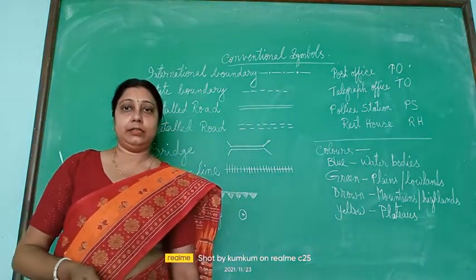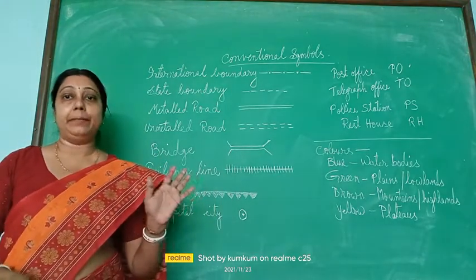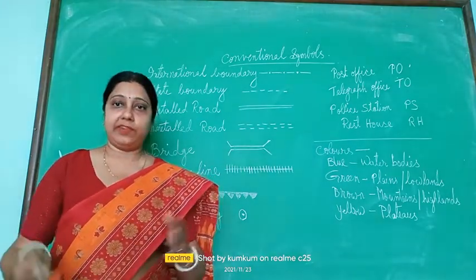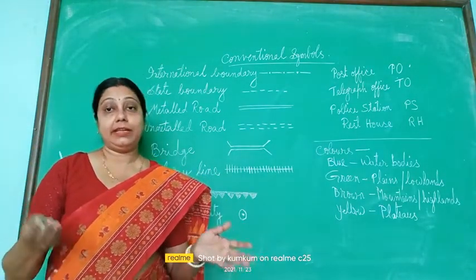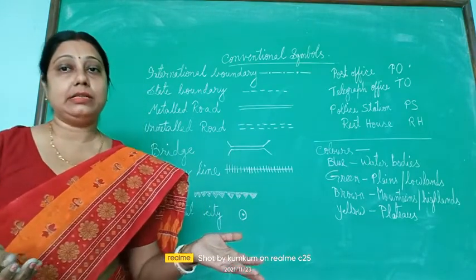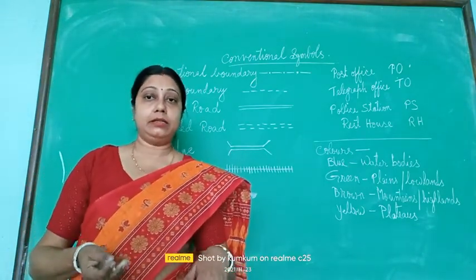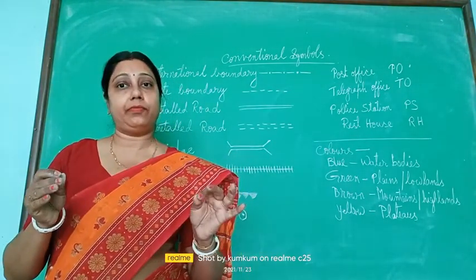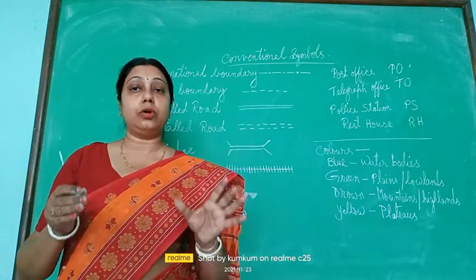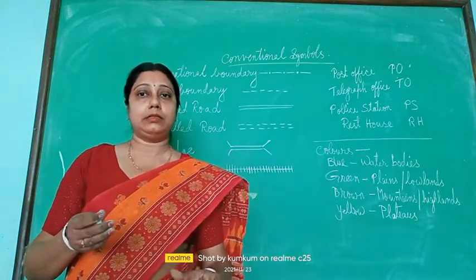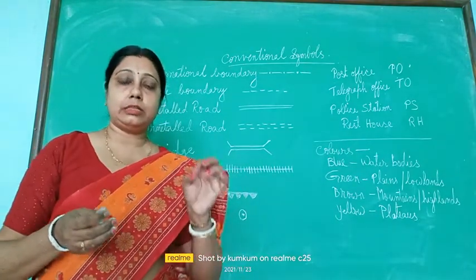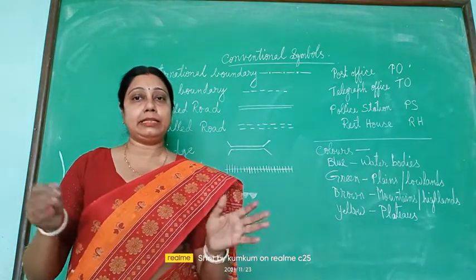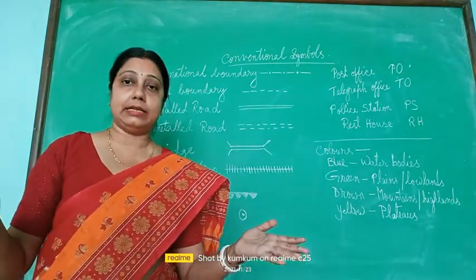Good morning, children. Today we will revise again the chapter Maps, Our Guide. So maps are generally drawn on a flat piece of paper. They are very handy. We can carry them easily in our pockets, and they are very suitable, fit to show or depict a specific place. Suppose we want to see any specific state or country or any place, then it can be nicely depicted on a map on a large scale.